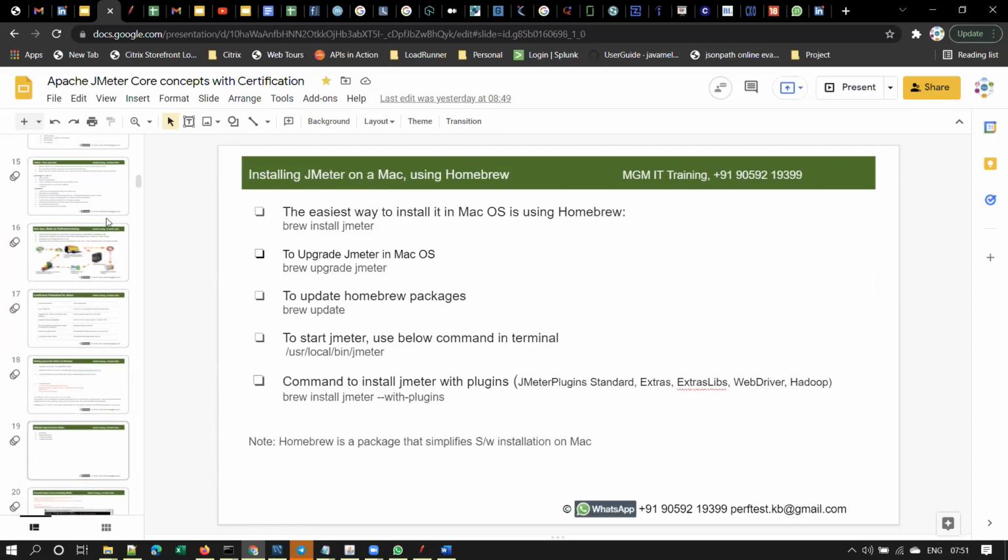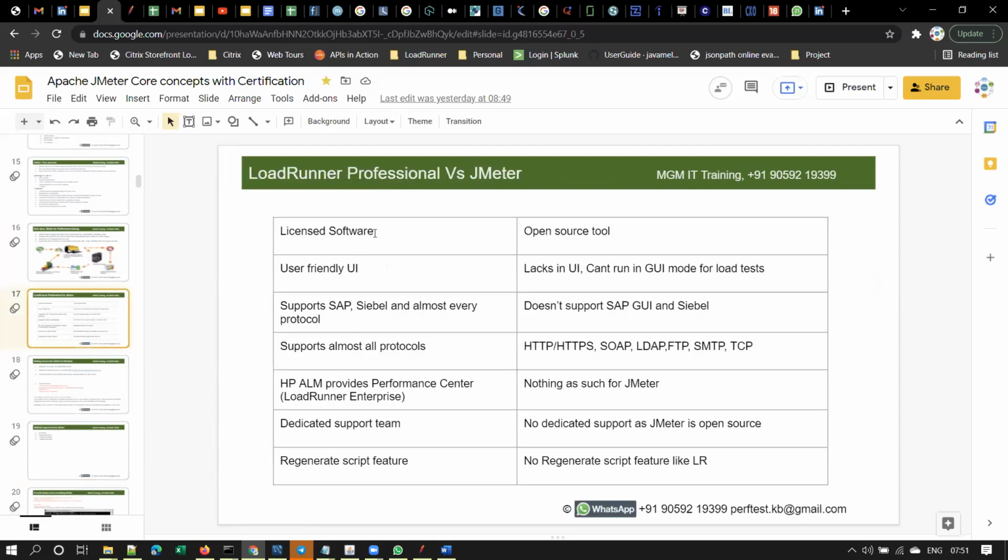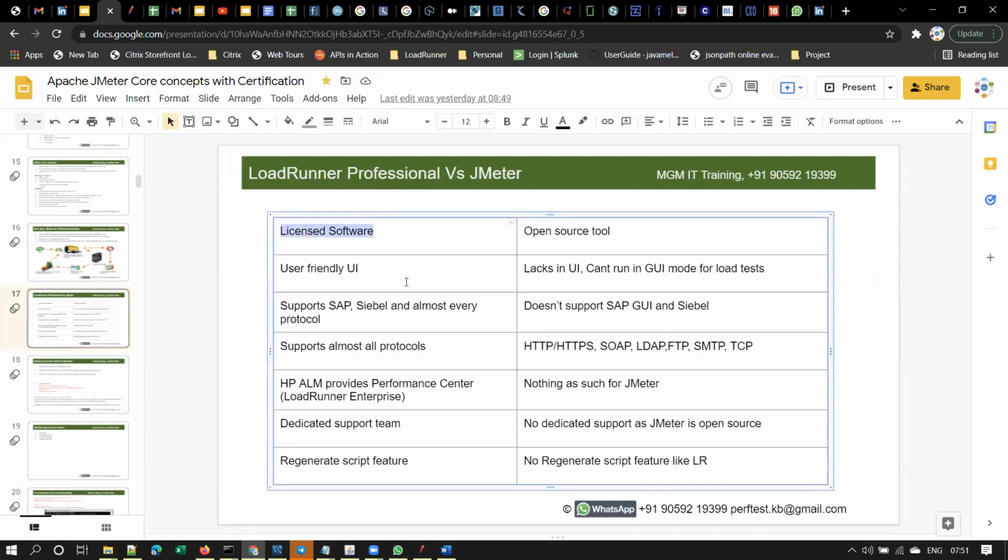Whereas LoadRunner, we cannot install on Mac OS, guys. Remember that. We cannot use the controller or analysis components on Mac OS. Only thing is we can use Mac OS or a Linux box as a load generator.